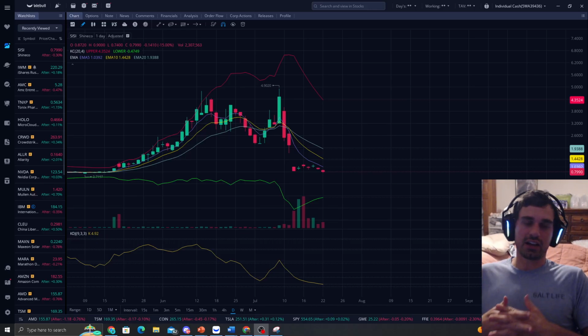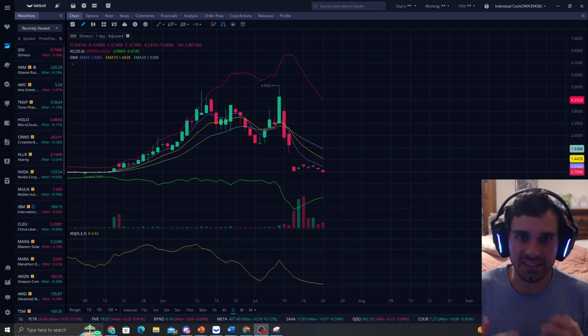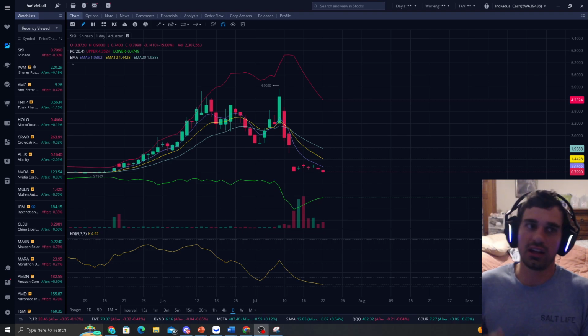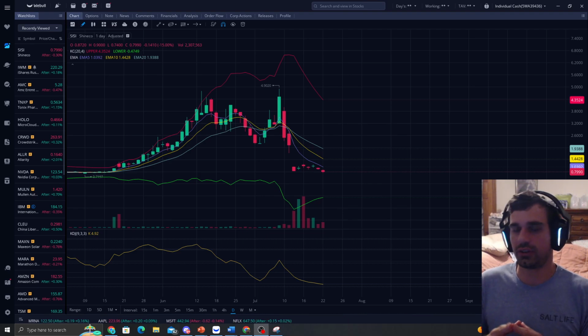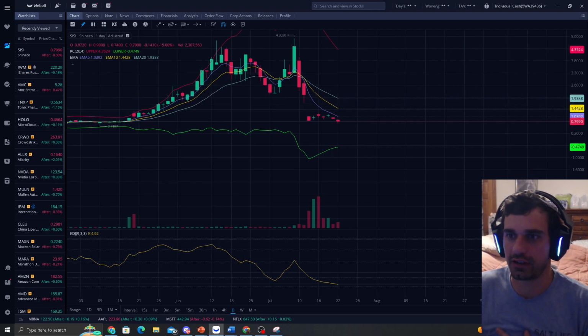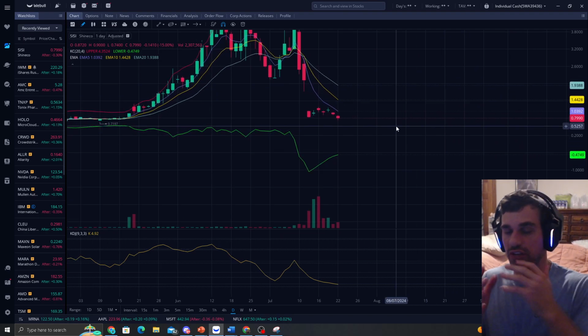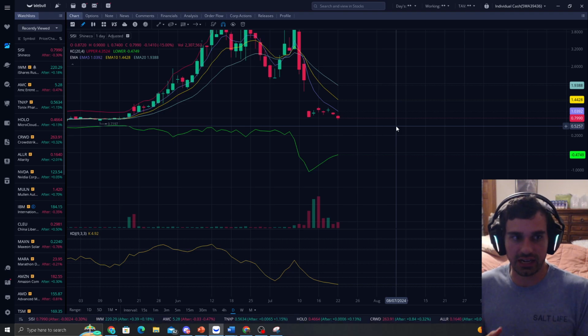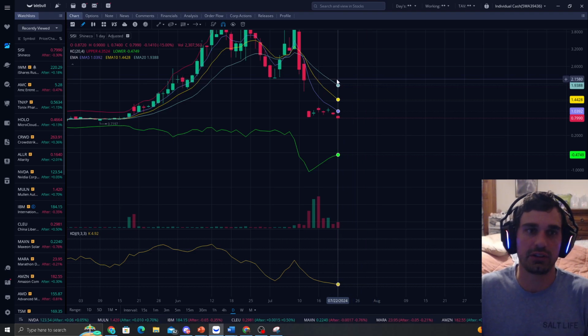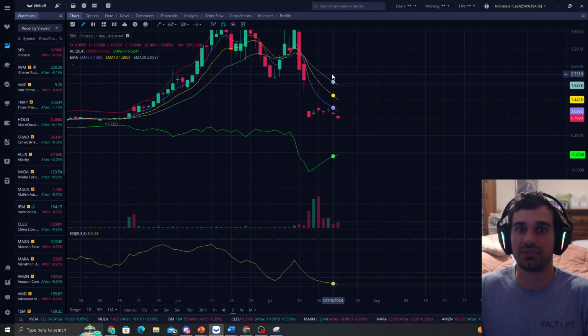Alrighty, guys, I'm going to talk about SISI and how to trade these big drop stocks like this. I'm going to be really strict on this. I don't even care if you miss the run, but if you do this strategy, your chances of bag holding are so much slimmer. Because SISI went down 15%, the last day it went down 13%,